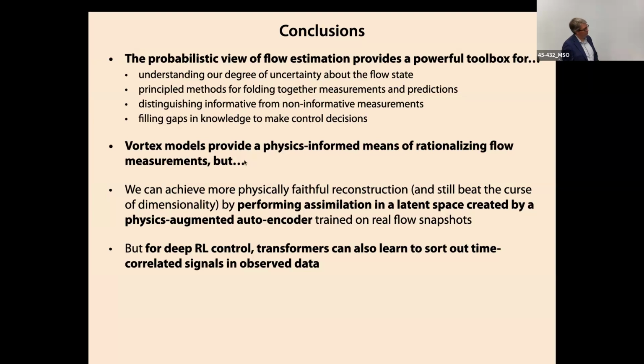I love vortex models, but they provide some roadblocks that got in our way. So now we're using these autoencoders to great advantage, I think. And with reinforcement learning, I think we're still trying to merge these two ideas together, right? So how can we do a better job of leveraging what we learned about flow estimation, but they still work on their own. Okay, that's it.